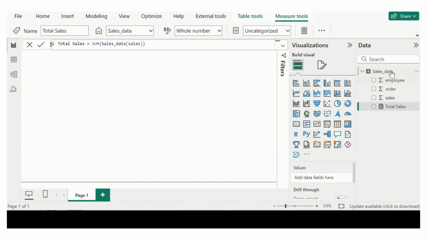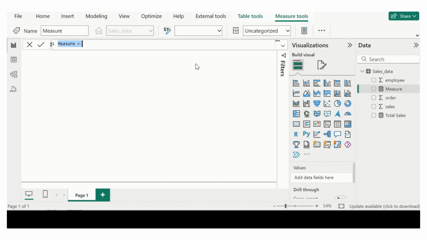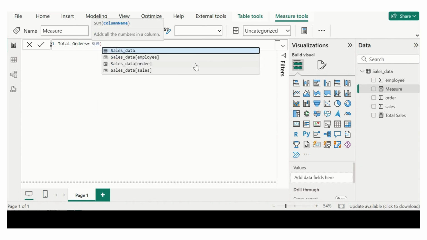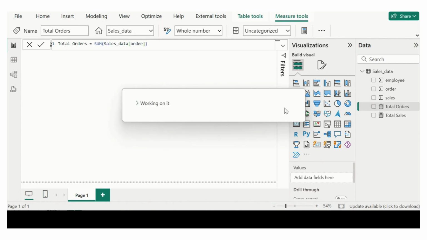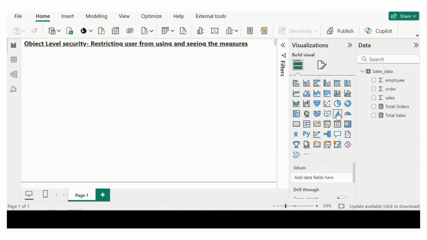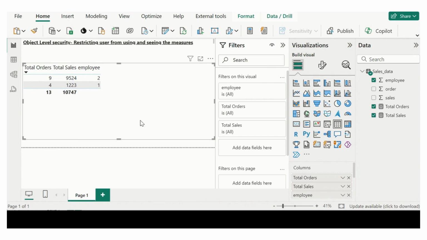Next, I want to create the quantity ordered in this sales data. So I will create a new measure again and name it total quantity, or I can say total orders. It will be the same as total sales, but it will be the sum of total quantity orders. So I have these two measures created. Let's quickly add them into a table. We can see the categorical data on the basis of employee. Now let's move on to our